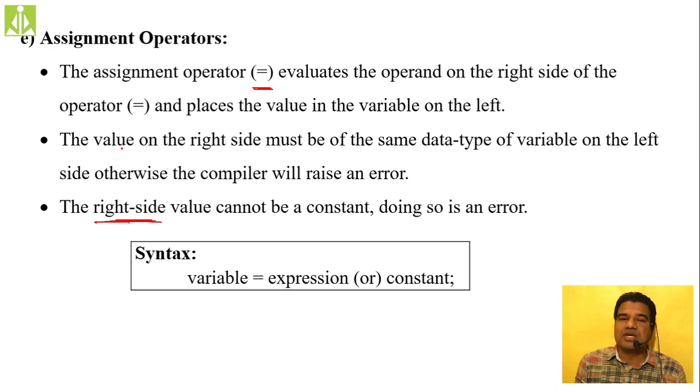Whenever there is a mismatch in the types on both sides of your assignment operator, we call that a type mismatch. In order to convert from one type to another, we go for the type conversion and type casting concepts. Very soon we will discuss that also. The left side value can't be a constant. Always on the left side of your assignment operator, you need to put an operand, that is a variable only. So simply remember these things.